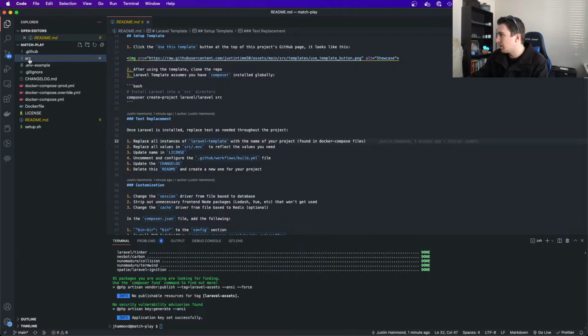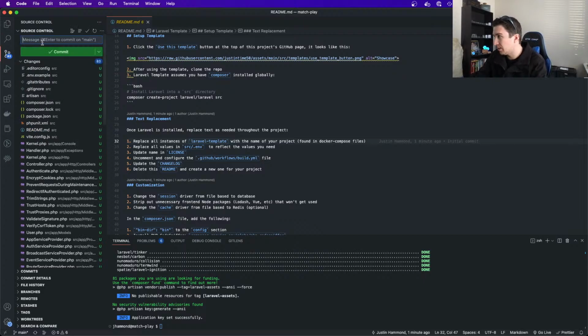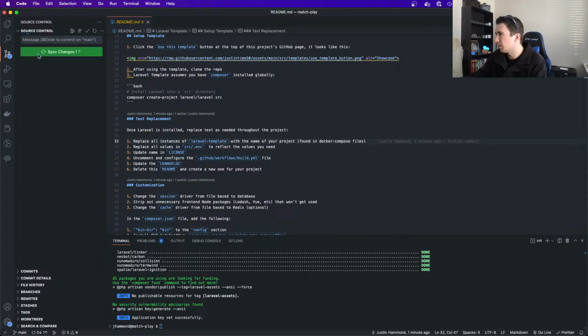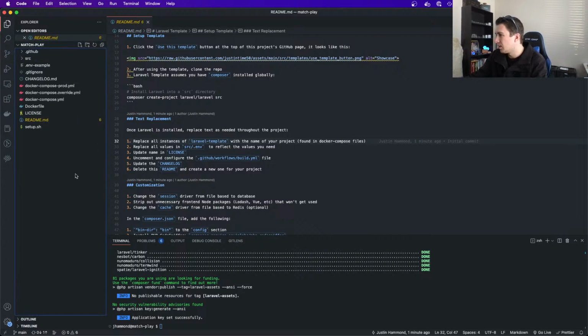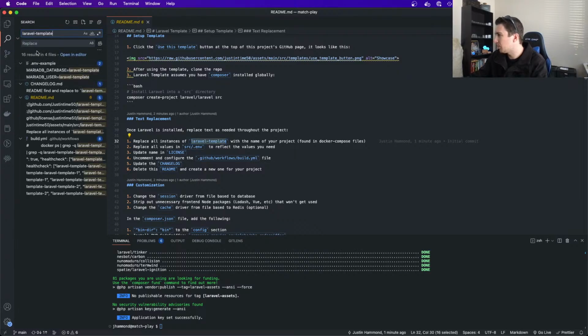Okay, so we've got Laravel all set up here. We're gonna go ahead and add this. We're gonna say, we're gonna bootstrap Laravel project and commit that. So then step number 2 is to do all of our text replacements. We're going to replace all of the instances of Laravel template with the name of the project.